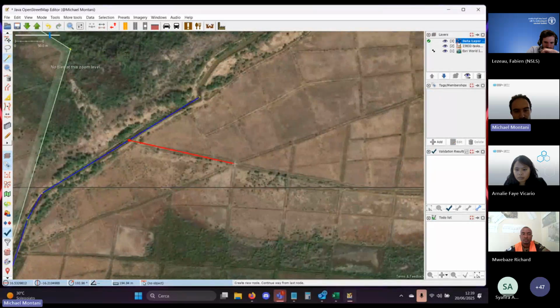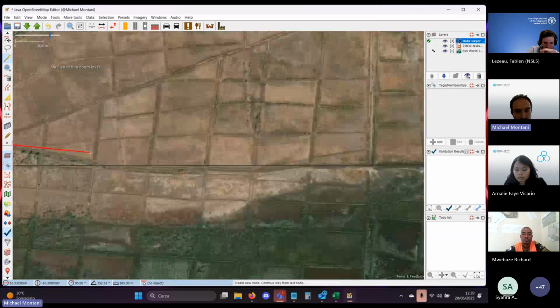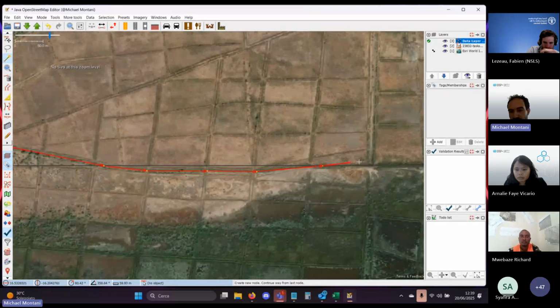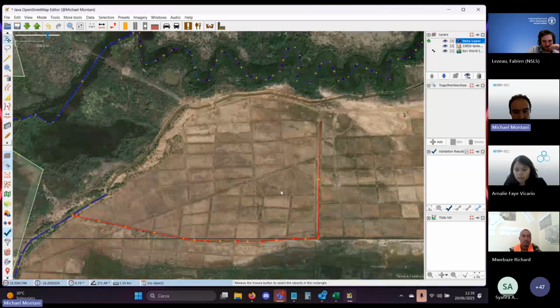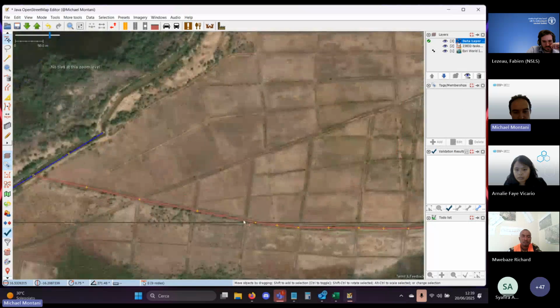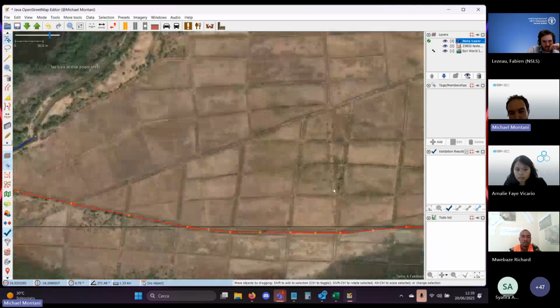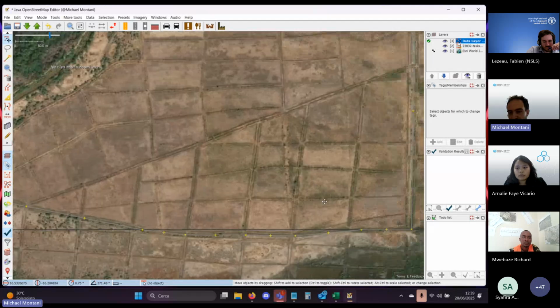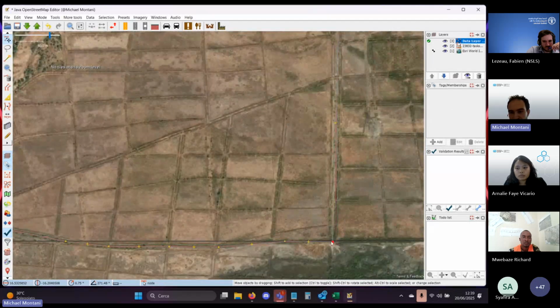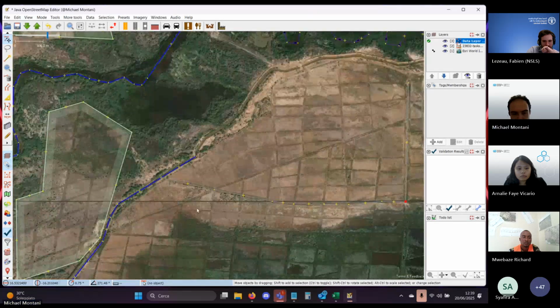So I would map this one, for example. But it's very important not to go into much bigger detail. We should not over-extract. For example, I wouldn't map all these parallel lines here because they are not very interesting to be mapped.